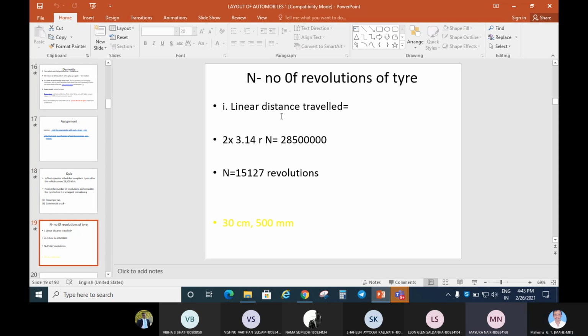No, sir, it's wrong. See, 2 pi r is the circumferential length, into the number of rotations, n, which is what I want. Let n be the number of revolutions of the tire traversed before being scrapped or before being used for retreading, whatever it is. Retreading is also another way. So 1 revolution multiplied by that n should be equal to 25.8 lakh, that 28,000, converted to meters. Kilometer is getting converted into meter here.